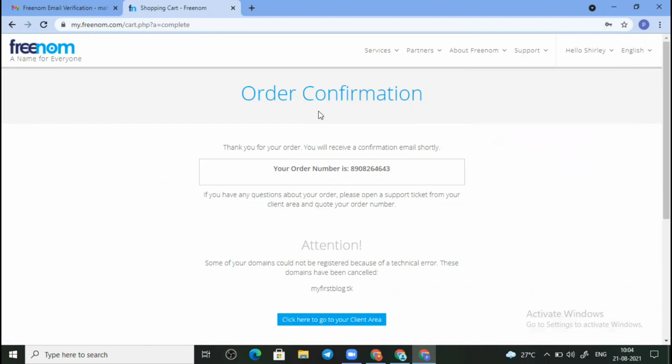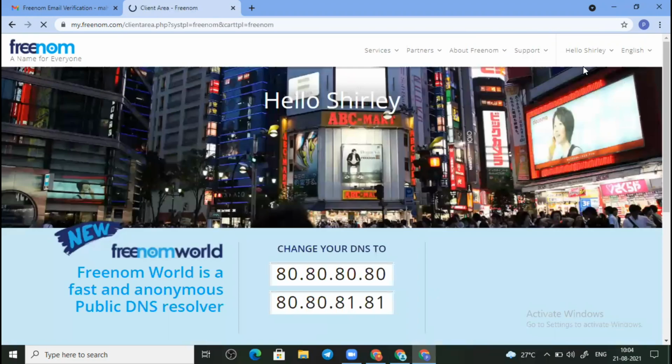So but while creating for the first time, when you fill in the details, you need to have it of India. I don't know why it doesn't accept that, but I tried a lot of time to do that, but it was showing error. So that's why I'm telling you this second hack through which you can purchase your domain. After that, just go to your client area from the below button. Like there they have given, click here to go to your client area.